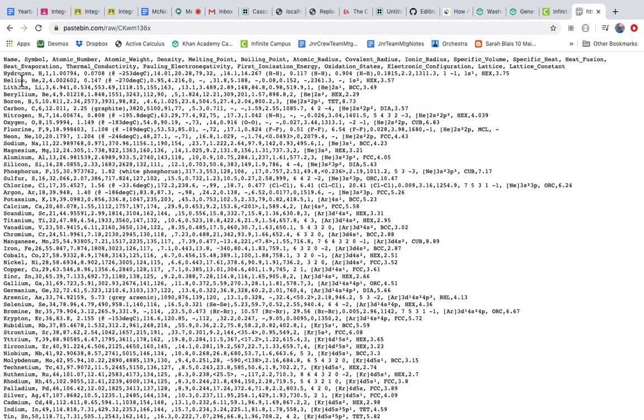But then each row beneath that are the values for those columns. So name hydrogen, symbol H, atomic number 1, atomic weight, and it gives the atomic weight. So this looks like nonsense, but you can actually use this in your App Lab program. And so here's what you do. You'd simply